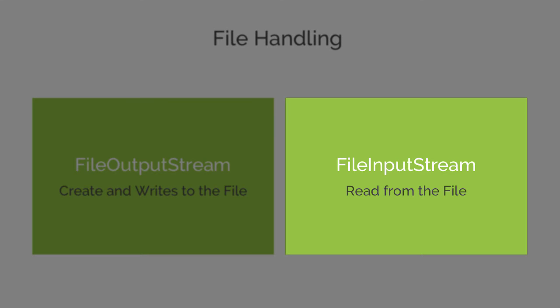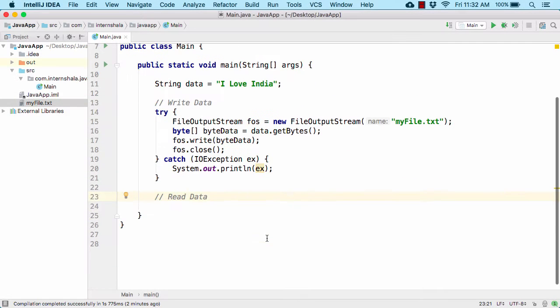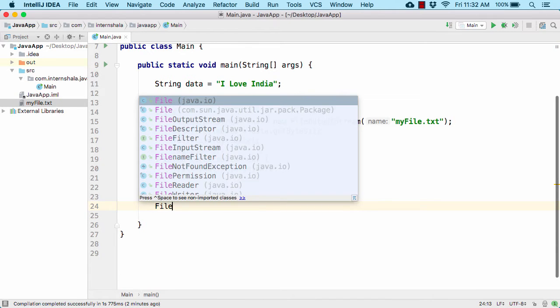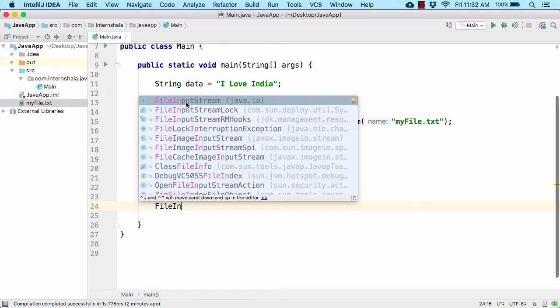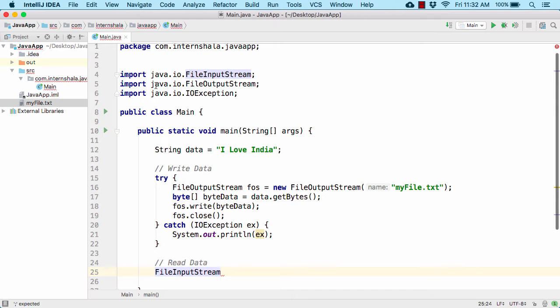Let us now proceed and check out how we use the file input stream to read the data from the file. So at the bottom, let us now write our code to read data from the file. For that, we have a special class, FileInputStream, from java.io. Click on it, and at the top you will find this import package,